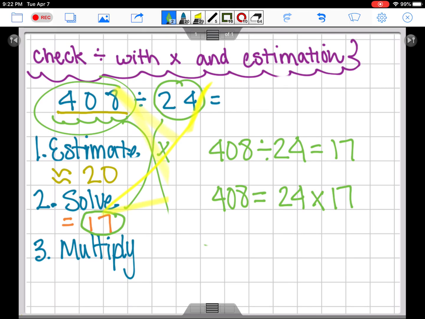It's really just taking those numbers and doing the opposite. So you could also write this and just take all your numbers in the opposite order and go 17 times 24 equals 408. So there's a couple different ways to think about this, but this might help remind you which numbers need to get multiplied together when you're checking your work. So great job, guys, and